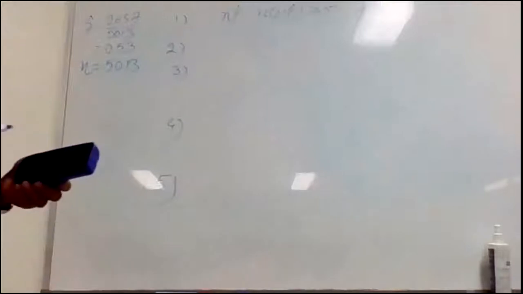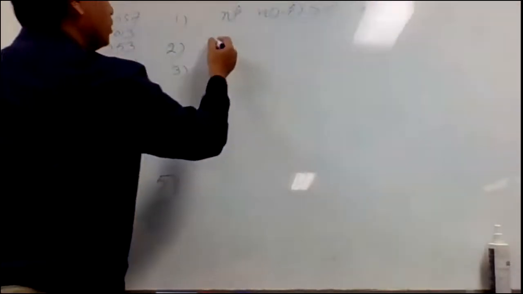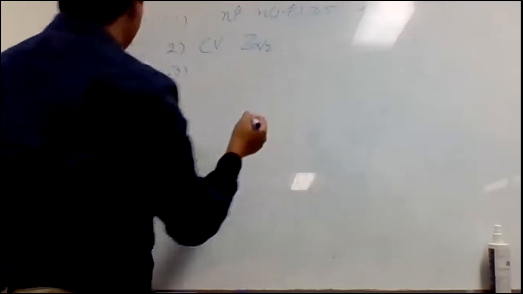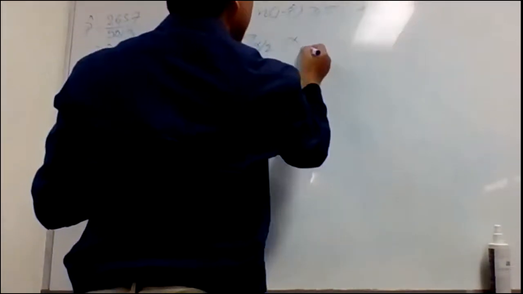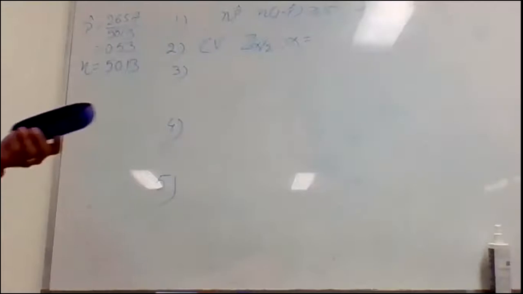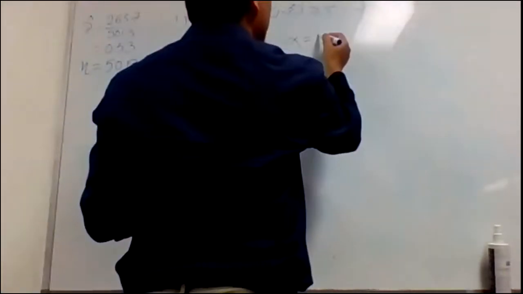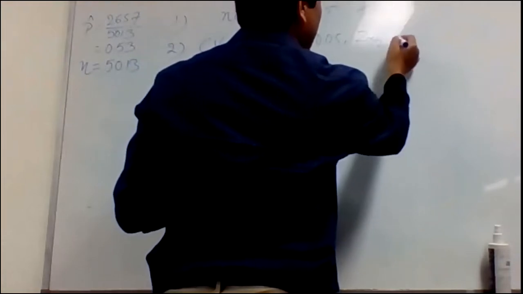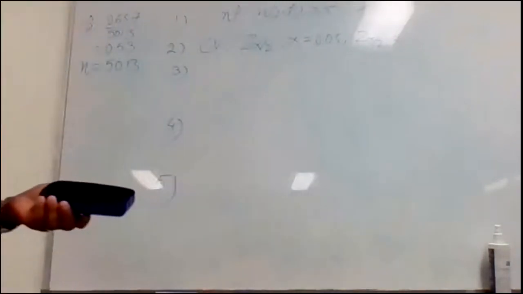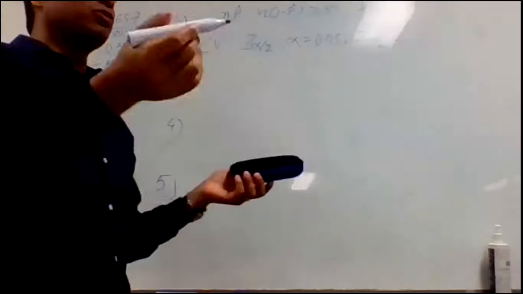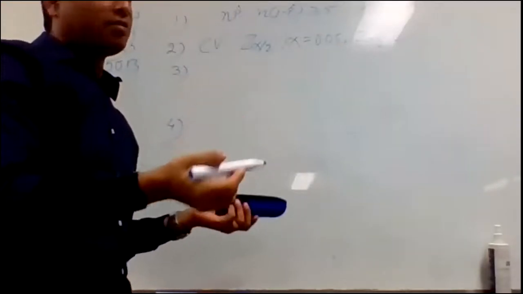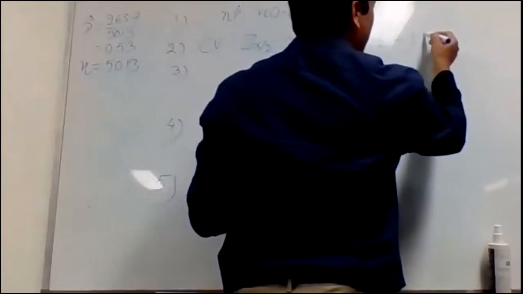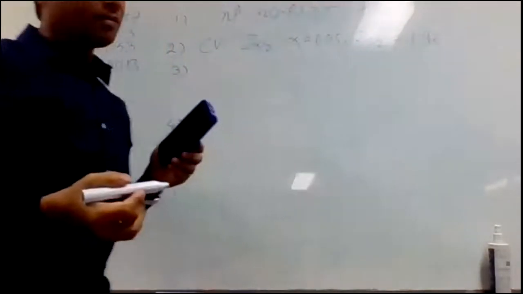What is the second one? Find out the critical value, Z alpha by 2. What is the alpha here? See, read the question. This one is a 95% confidence level, so the alpha value is 0.05. So what is the Z alpha by 2? Either you can remember this table, or you just go through the Z score table, you will get the same value. So at 95%, the critical value is, again, 1.96.